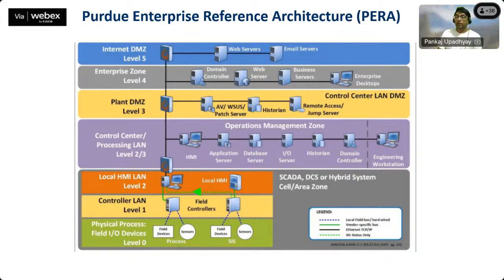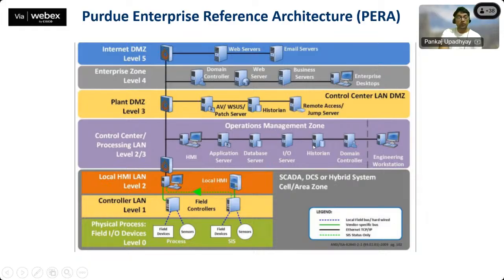Okay. So when we talk about level 2.5, or here we are seeing as 2 by 3, we have HMIs, we have application server, database server, historian, domain controller, and engineering workstation from where the engineers manage or view all these operations, the complete process. Domain controller: we don't want to use the same domain controller to authorize the IT system and OT system. So we keep a different domain controller for OT system, for users to authenticate.